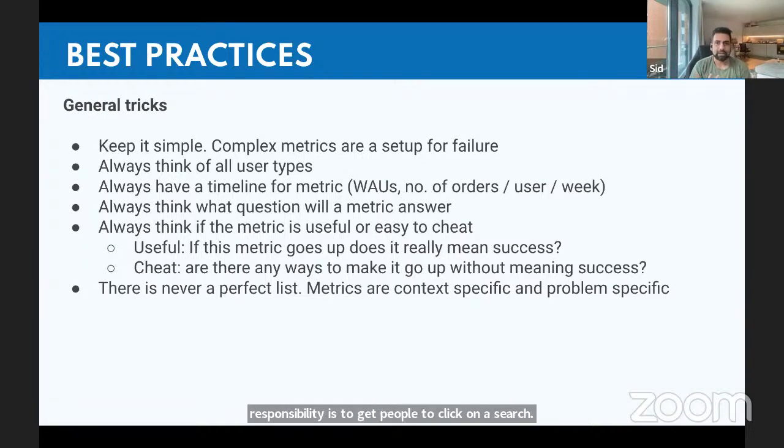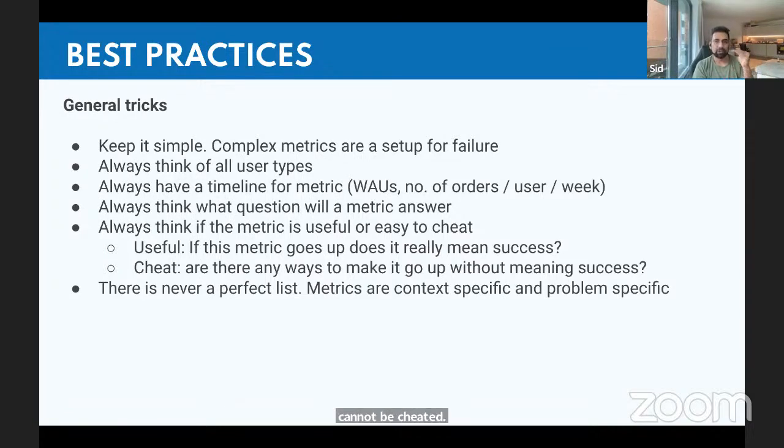Now, in my mind, having only this metric is a very bad scenario because this can be cheated very easily. What I would do if I was this PM is, in the title of the restaurant, I would start writing things like 50% off or offer available only for you and things like that, where I'll make it clickbaity because I'm only tracking clicks. So in this case, if this PM's success is only CTR, it could very easily be cheated. And that is what you need to do as a PM, to understand that whatever you're doing cannot be cheated. Because if it's cheated, it's not adding value to anybody, right?